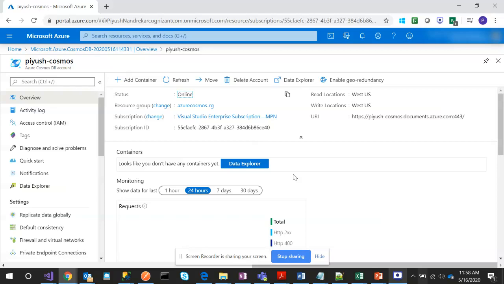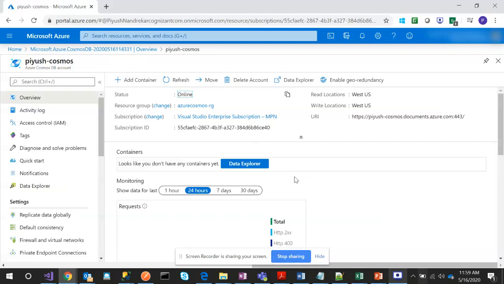So what is a container? A container is not exactly the same as a database table, because that is the important difference between an RDBMS and NoSQL. There is no schema, there is no relationship. So we can have a container per entity type, or we can have a common container for multiple types. Containers are not directly mapped to entities. A container can have multiple entities as well.